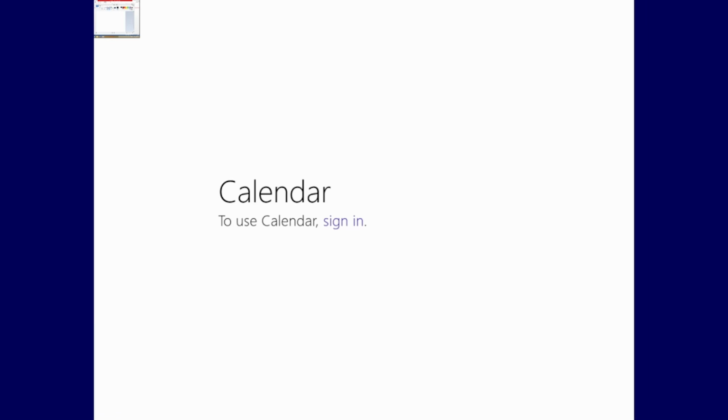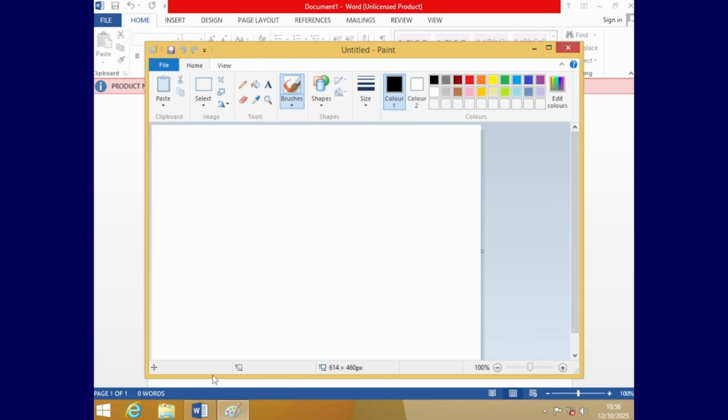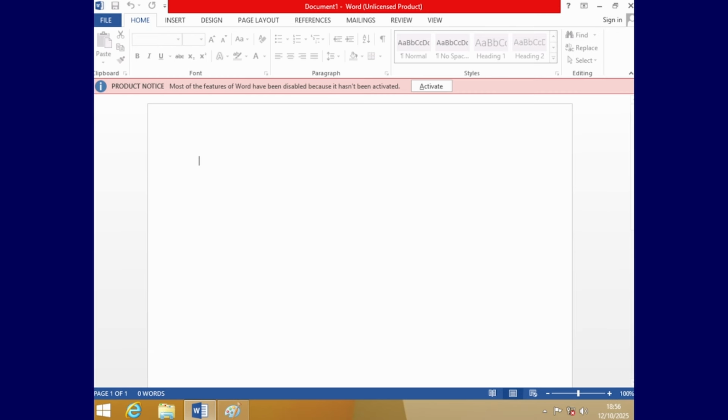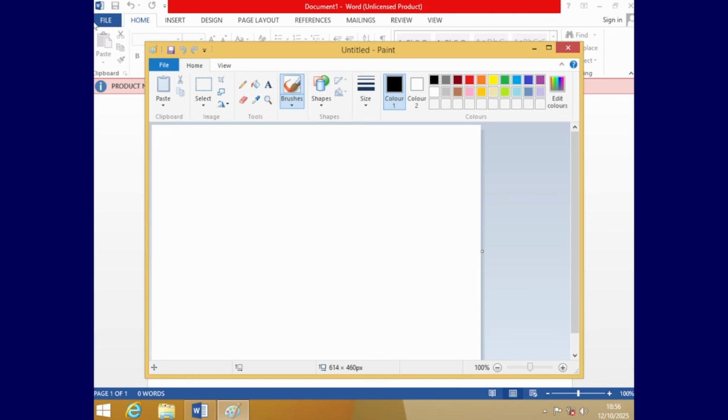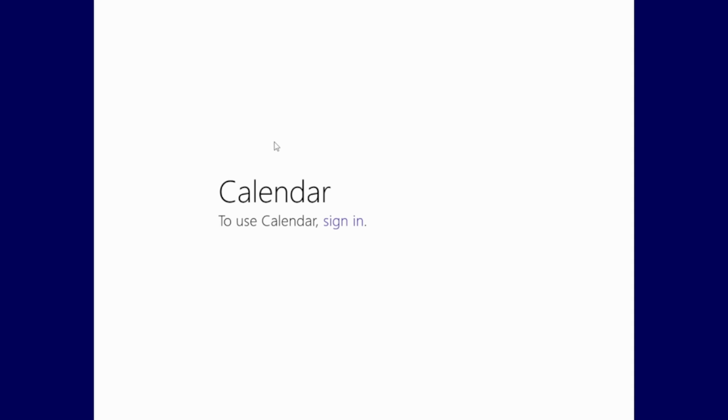This was the time when a Microsoft account was encouraged. Microsoft wanted to have this cohesive experience, where you sign into any computer and you get all your apps and whatnot. But yes, you could go between your Metro apps and your Windows apps. But notice how the calendar does not have a button on the taskbar. You could switch between Word and Paint, absolutely fine. But if you wanted to go to your calendar, you needed to do the complicated mouse up to the top of the screen and then go into Metro mode.